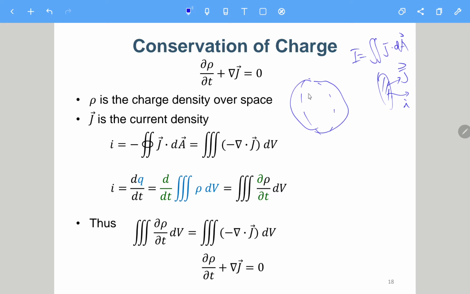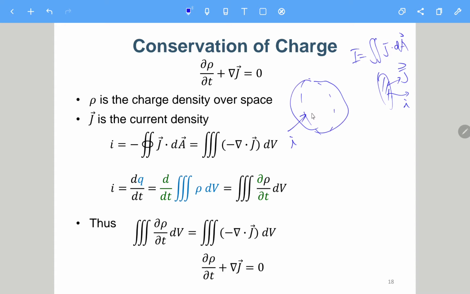As this is a closed surface, we can define the direction with the negative sign, which means that if the current is flowing out, then it is negative. So we consider the current going in